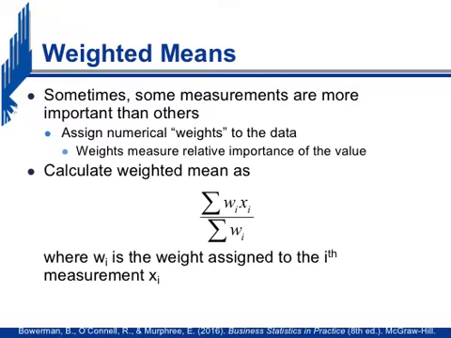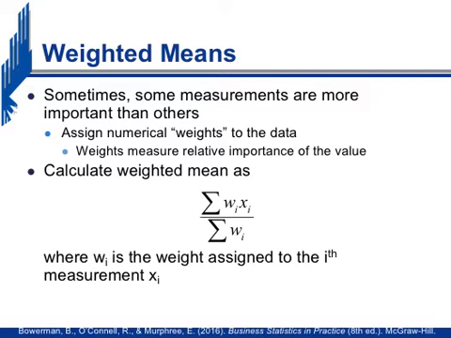Now, another computation that describes the central tendency of the dataset is called the weighted mean. And the weighted mean is very similar to the simple average. However, here we put weights to certain measurements because we use this in cases wherein certain measurements have more impact to the computation of the average. So the weights can be used to describe the importance or the effect of a certain measurement to the computation of the average as compared to the other measurements in the